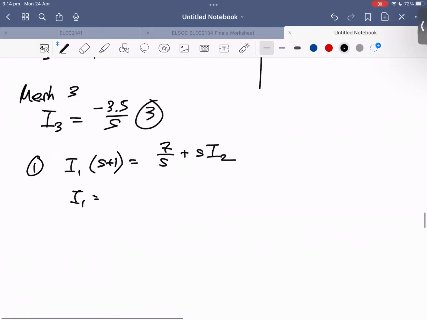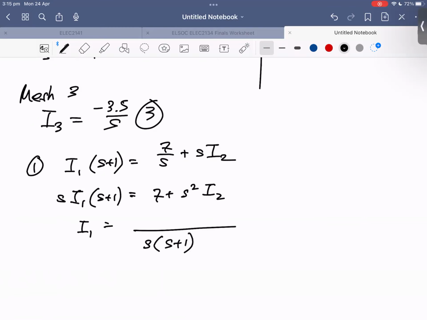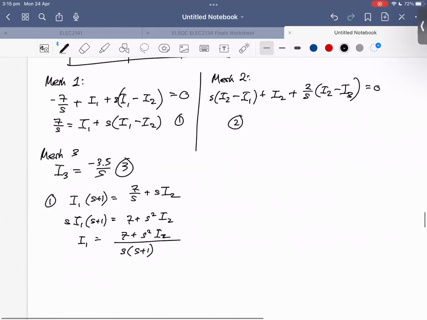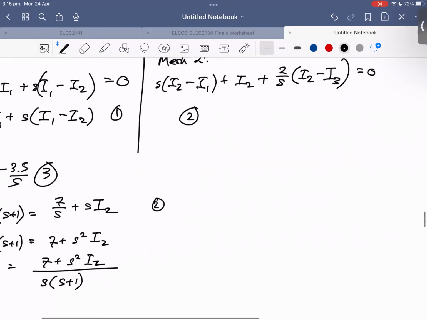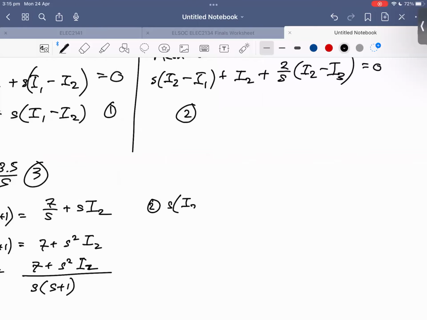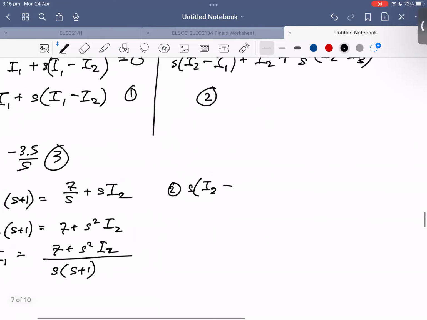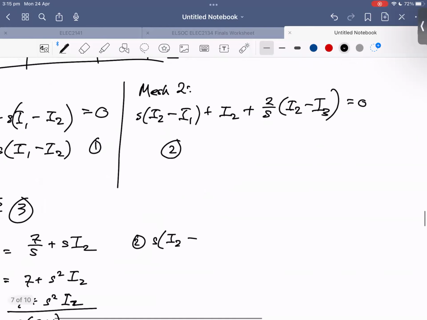So s times I1 times (s plus 1) equals 7 plus s squared I2. So I1 is equal to (7 plus s squared I2) over s times (s plus 1). Cool. And then I can sub that into equation 2. So s(I2 minus I1), which is,